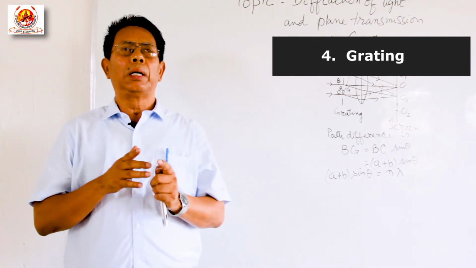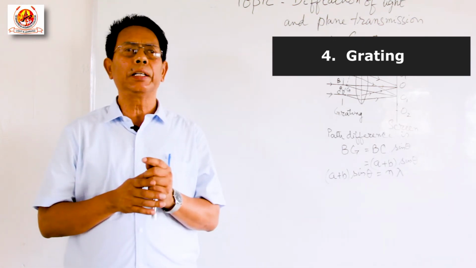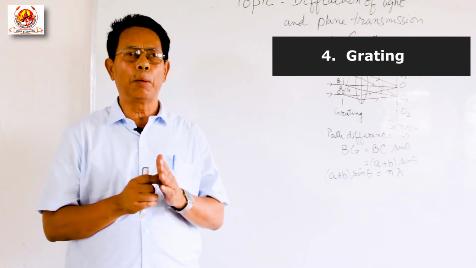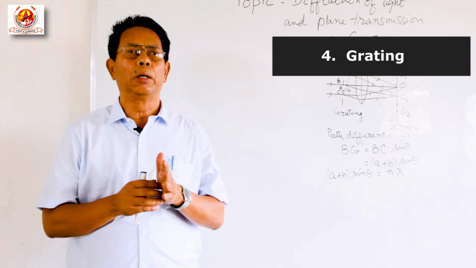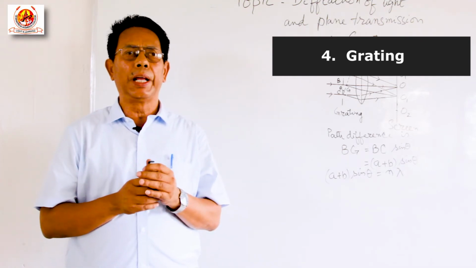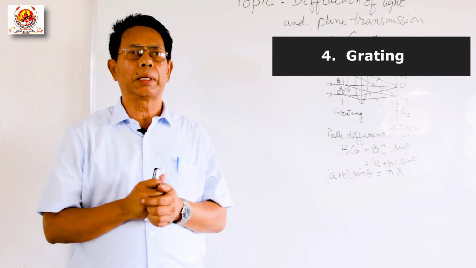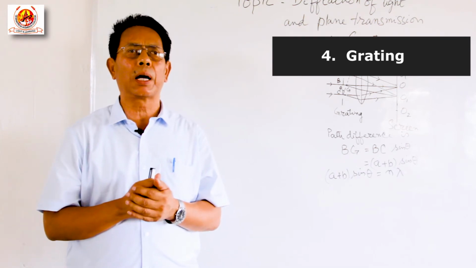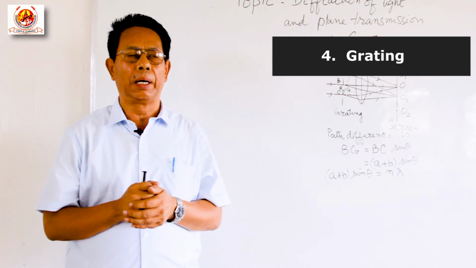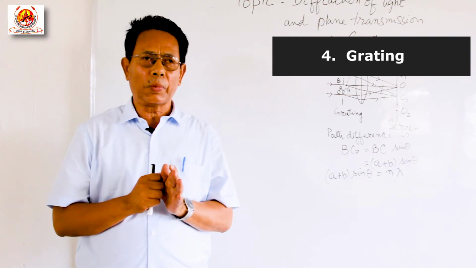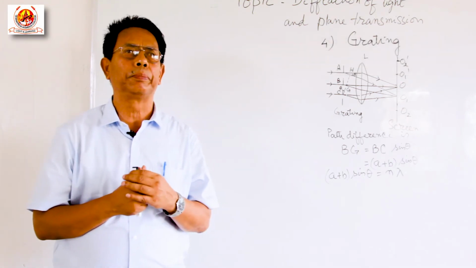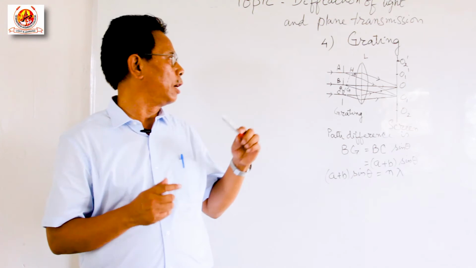So the light incident on the grating will be allowed to pass through the slit, and some part will be blocked at the opaque rulings. Since the slits are very narrow, the rate of diffraction or bending is also very high. And the theory of a grating is, in this given diagram,